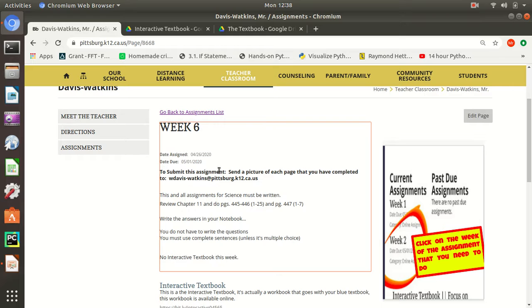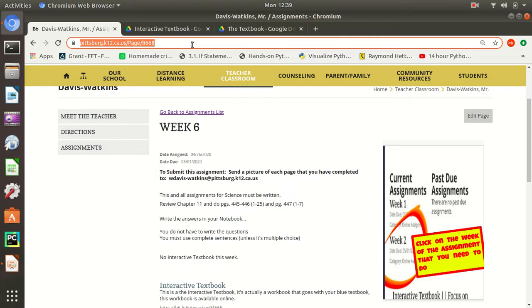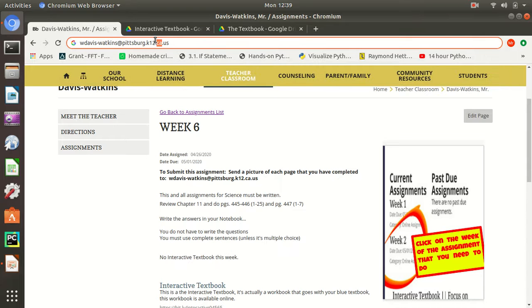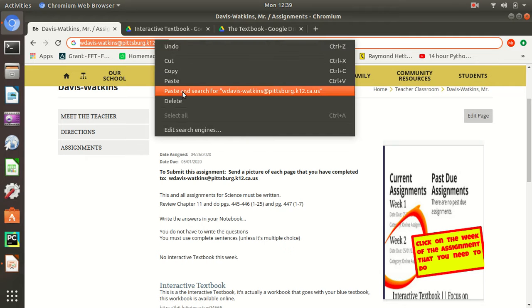But it says, to submit this assignment, send a picture of each page that you have completed to this address. This is super important. I want you to just click on this address and right click and copy, or you can control C and then control V to paste, or you can do the double click, right click, and paste.